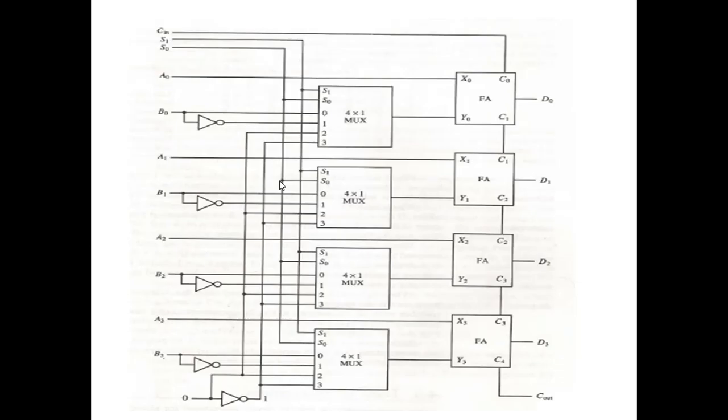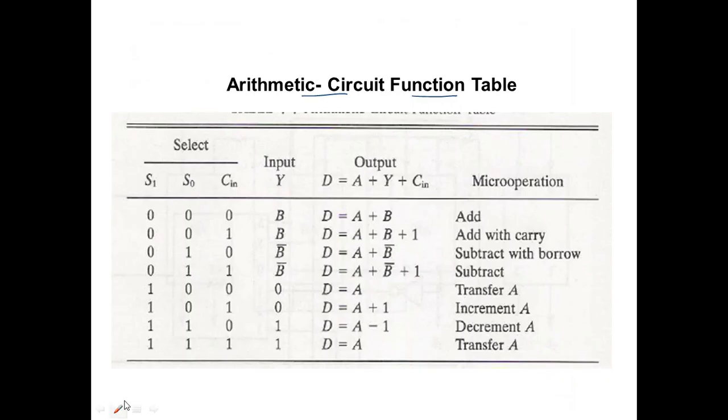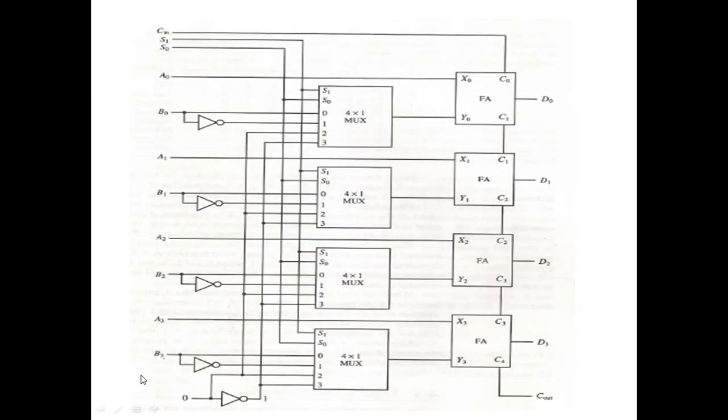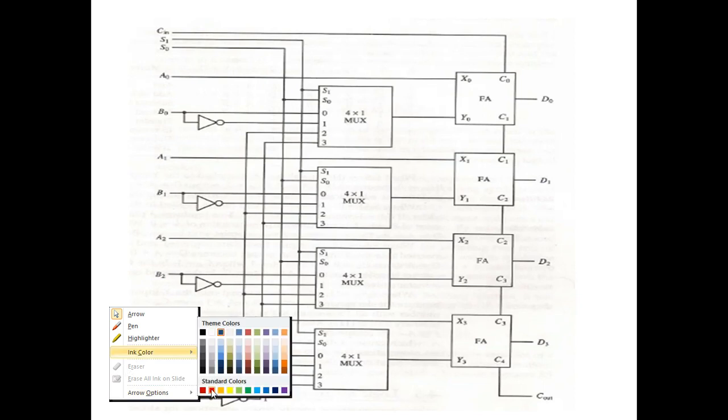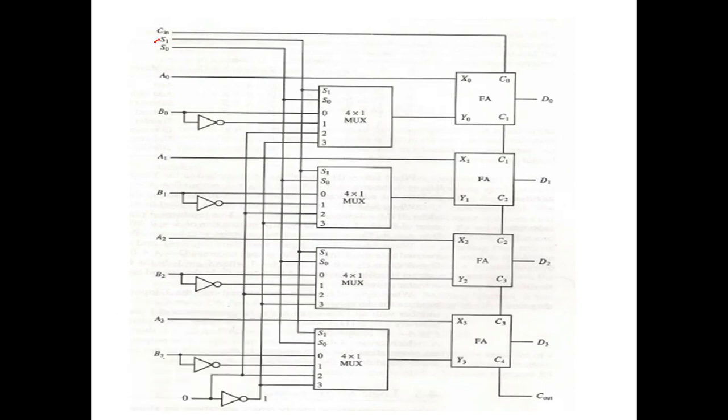Let's understand that. So this is the full-fledged circuit diagram. The first thing I need to understand here is that there are only four operations. Basically I am only using a combination of these four bit patterns: 0 0, 0 1, 1 0 and 1 1. Means I am having only two selection lines here. That's why, from this figure, I have determined that S0 and S1 are there. Accordingly, I am having a maximum of four operations that I need to perform.